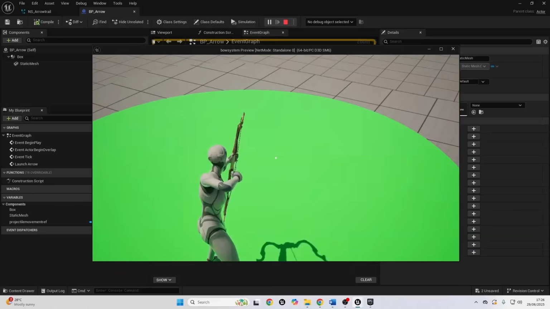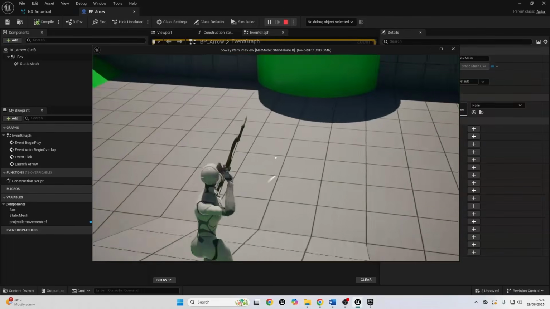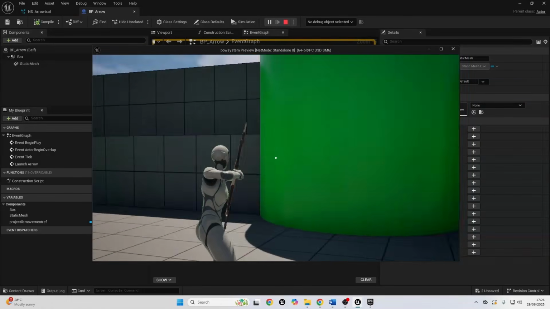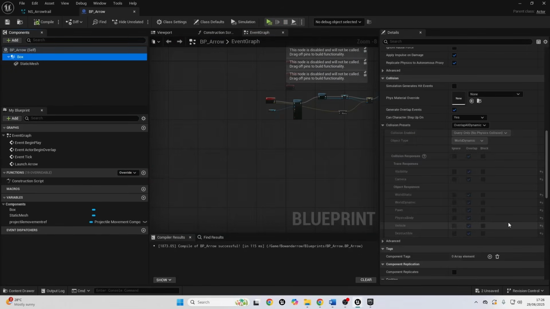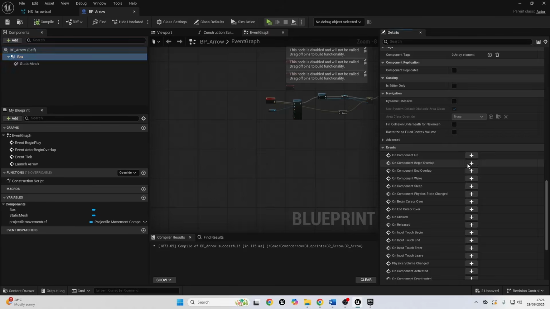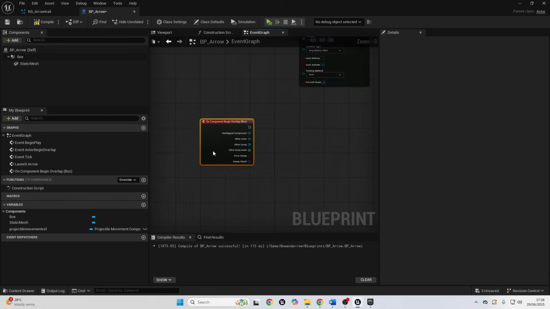Next, I want to make it so when I shoot the arrow into the ground or something, we can actually see the arrow being stuck and hitting the ground. To do this, we just want to select our box and go over to On Component Begin Overlap. So when this box hits something, we're basically going to make the arrow stop moving and be stuck in whatever